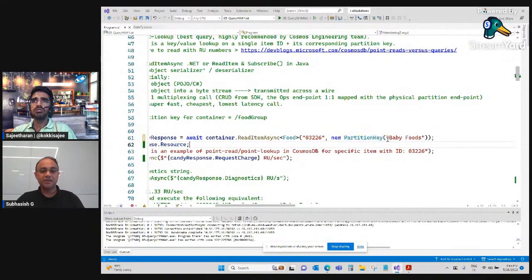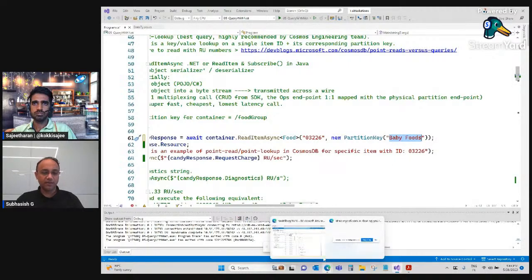Partition key basically is the base. So food group value. Please remember that this is not the food groups that you type in. Food groups is the partition key, but the value has to be passed here. The foods is the value. So basically, if I go back here,